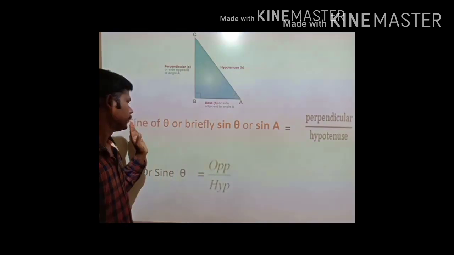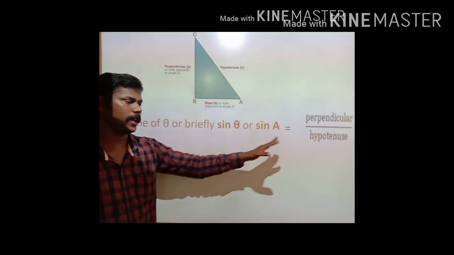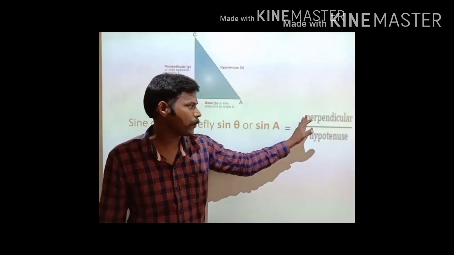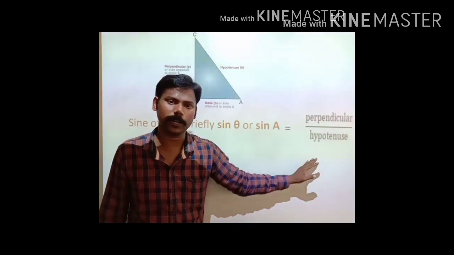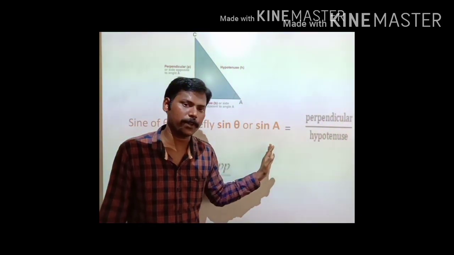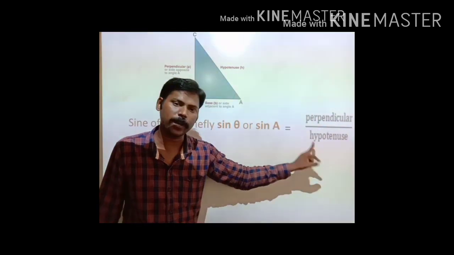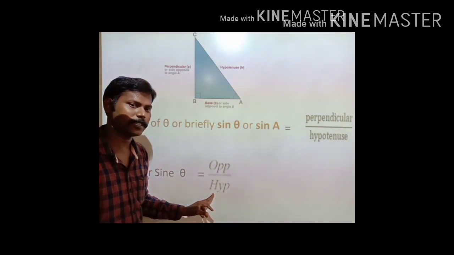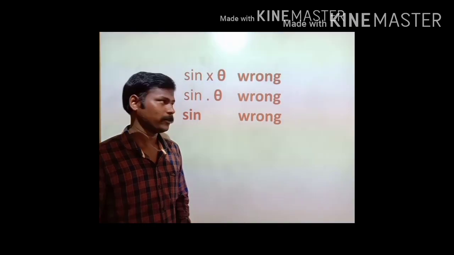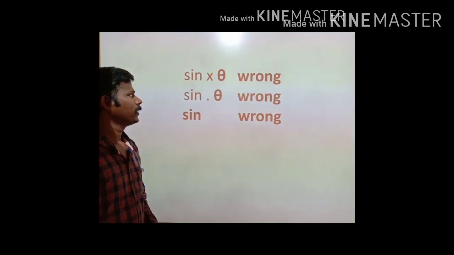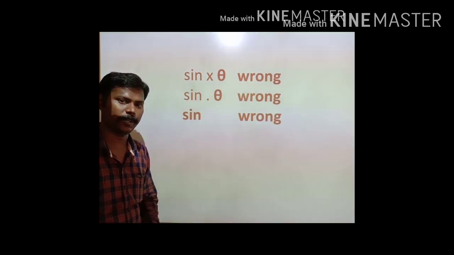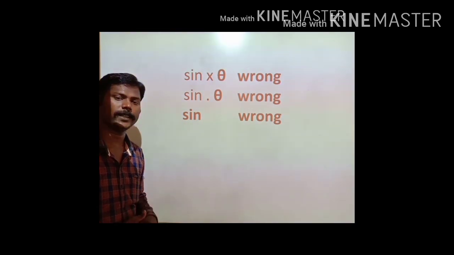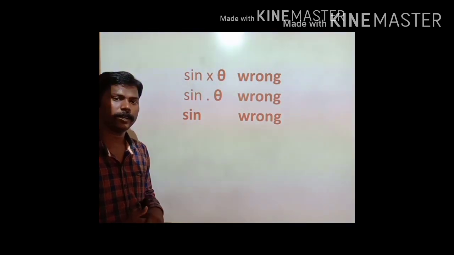Once again, sine of theta. How to derive sine theta? From the diagram, sine A is defined as perpendicular by hypotenuse. It is the ratio. Understood? Sine theta or sine of A is equal to perpendicular by hypotenuse or opposite by hypotenuse. Are you understanding? Whenever you express trigonometric functions, for example sine theta, what is sine theta? Perpendicular by hypotenuse or